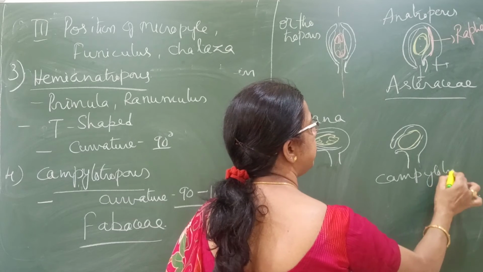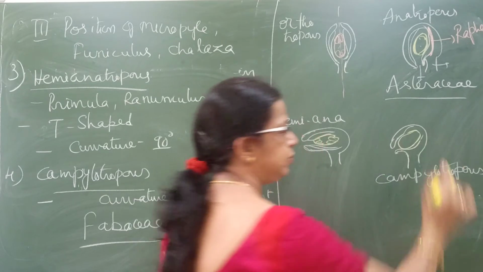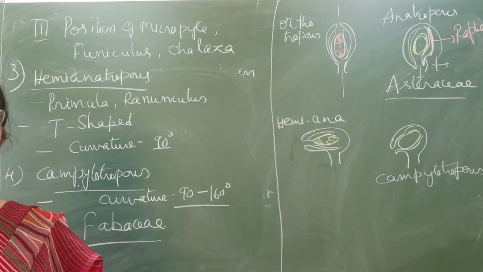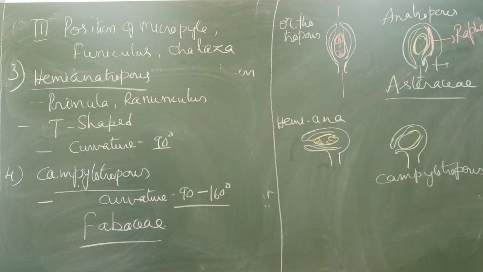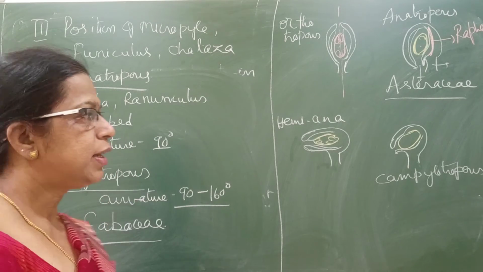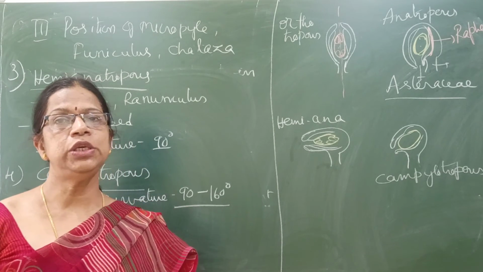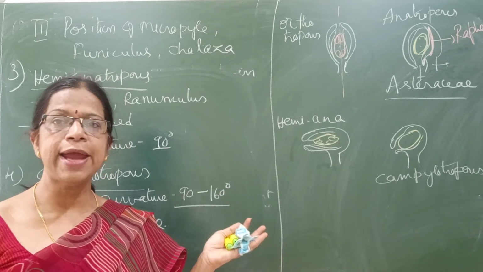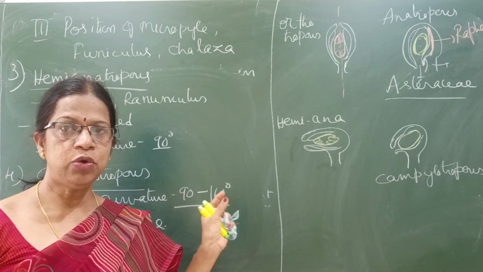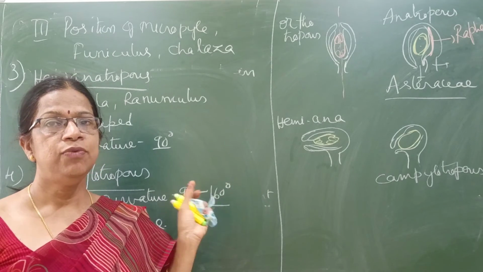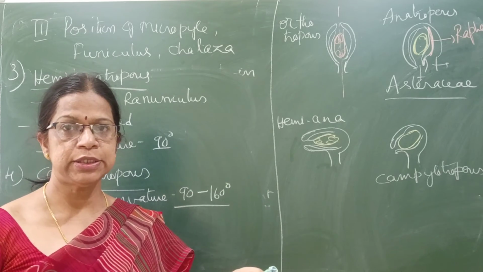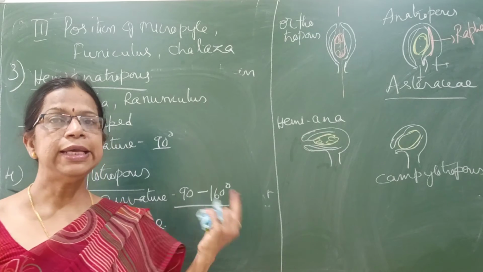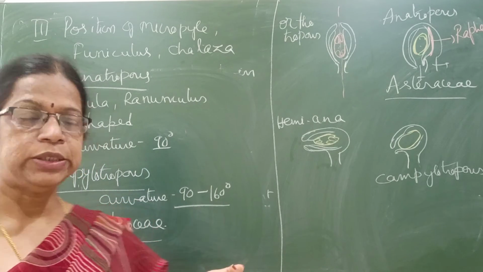This is called campylotropous. So here the very important thing is the curvature. Curvature is very important, how you have to understand. Mainly questions will be based on the direct curvature, and you can get sequence questions. Sequence questions mean the distance between the micropyle and the funiculus, which has minimum or maximum distance, or curvature in ascending or descending sequence.